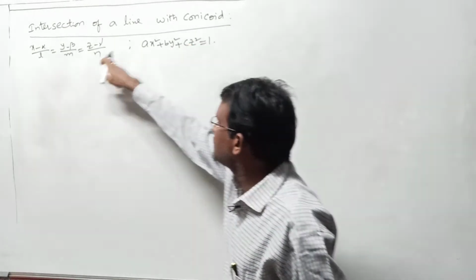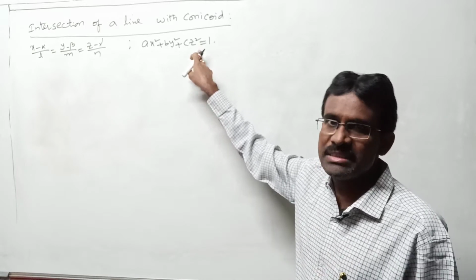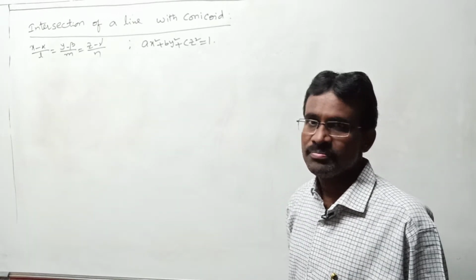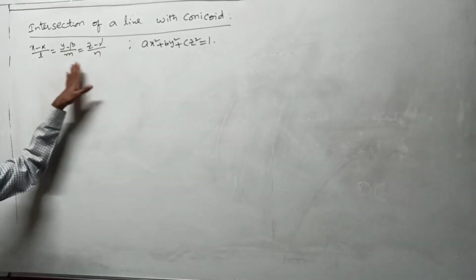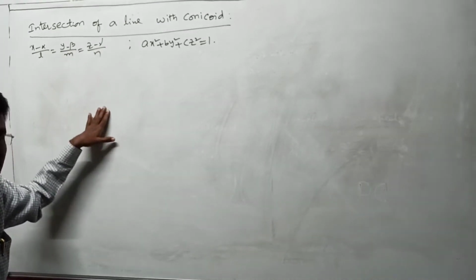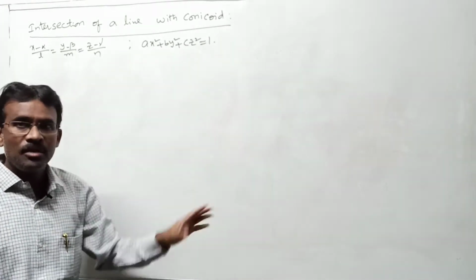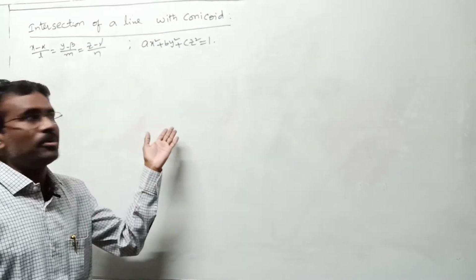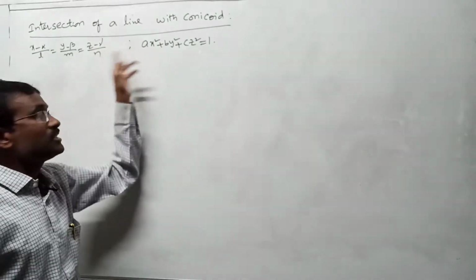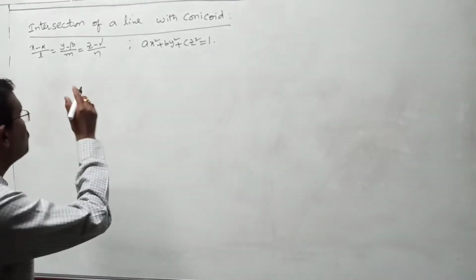Now this line is intersecting with this conicoid. Then what are the intersecting points? Now we are going to find them. For that, take your given line and define a general point on that line. Take that general point to be on this conicoid. In that general point, an unknown lambda will appear. Substituting that lambda in the general point, you get your required intersecting points. This is the complete outlook of it, right? But let us see what it is.